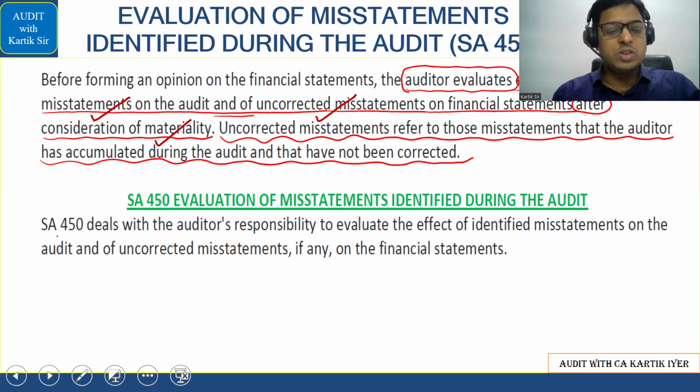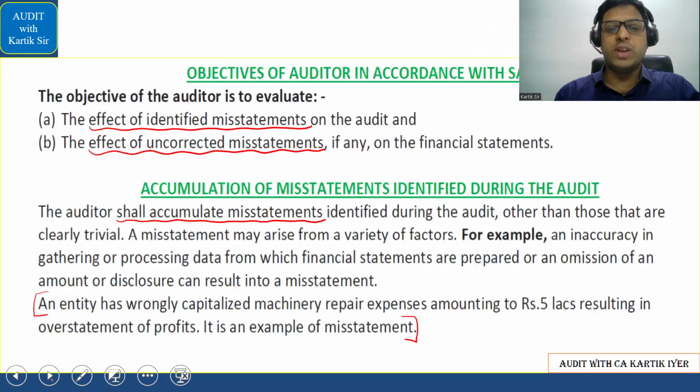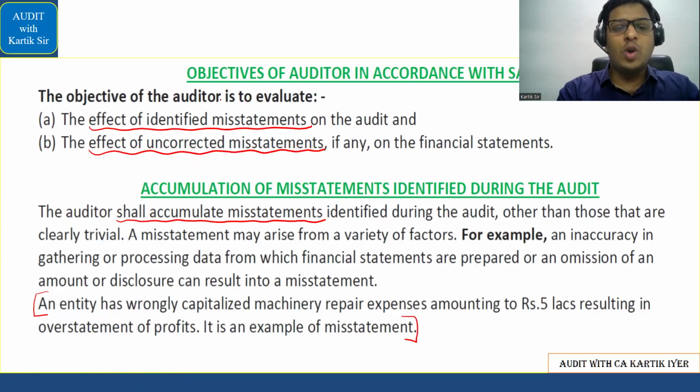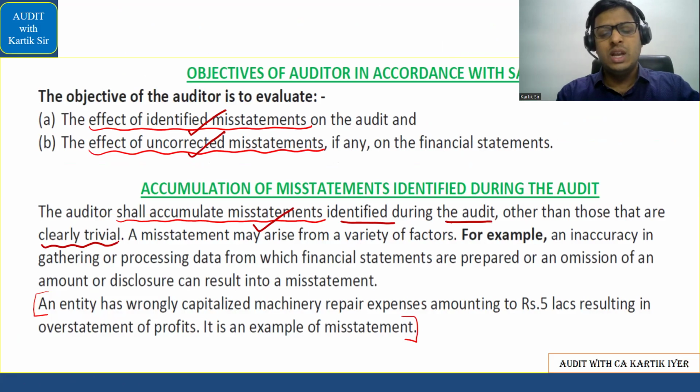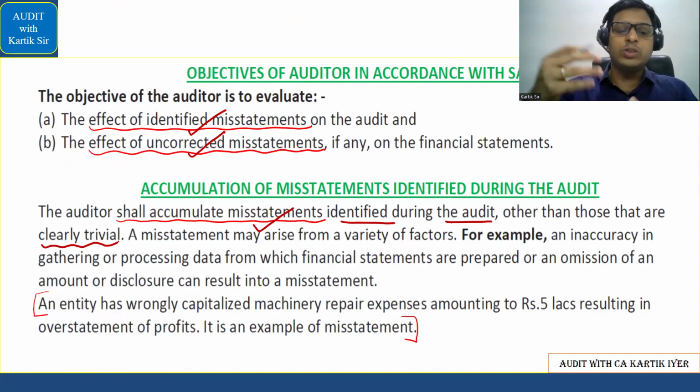Okay, now let's go further. Let's see SA 450 क्या बोलता. Let's see this one by one. Let's start. First of all, the objective of the auditor is to evaluate the effect of identified misstatements and the effect of uncorrected misstatements, if any, on the financial statements. Auditor shall accumulate the misstatements identified during the audit other than those that are clearly trivial. Clearly trivial मतलब clearly they don't matter too much. Clearly small जो obvious छोटे मोटे errors है, that the auditor can ignore and can focus on the bigger